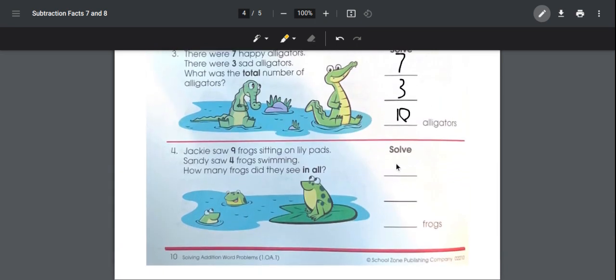Okay, so number 4, Jackie saw 9 frogs sitting on the lily pads. So there's 9 frogs sitting on lily pads, and Sandy saw 4 frogs swimming. How many frogs do they see in all? So there's 9 sitting on lily pads, 4 swimming. So if you add 9 plus 4, the answer is equal to 13. So they saw